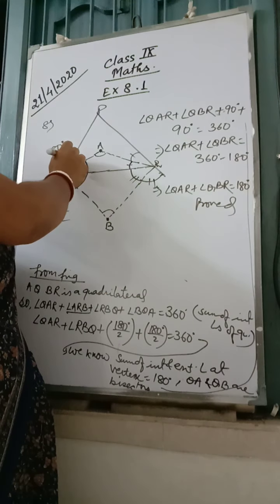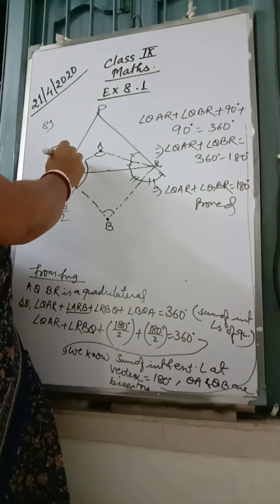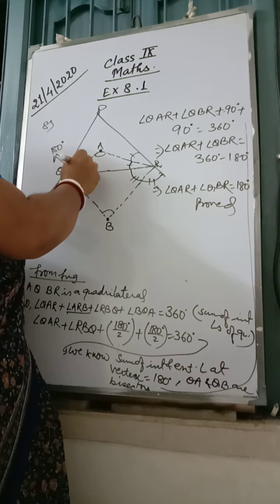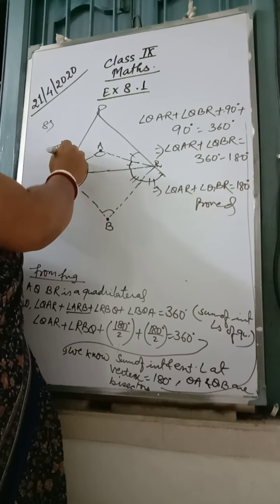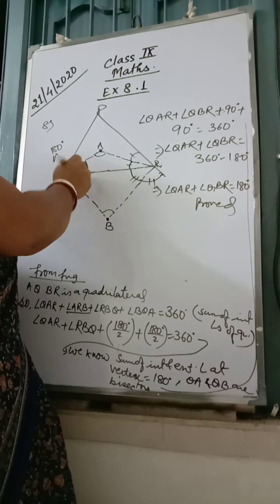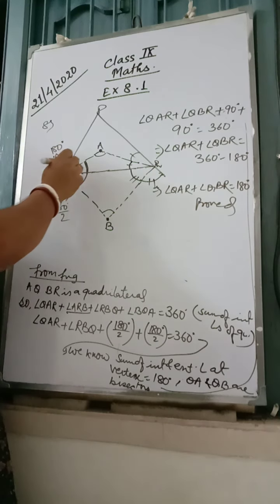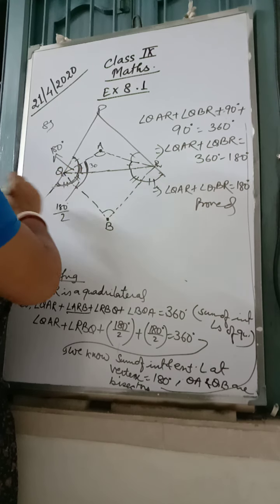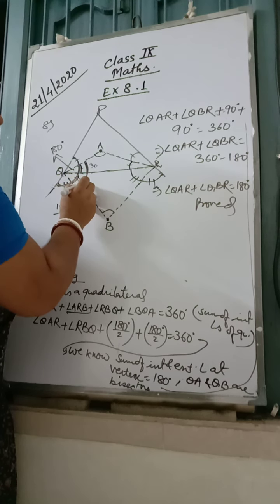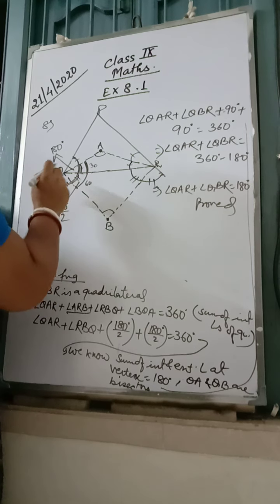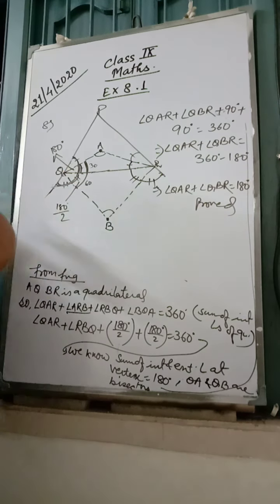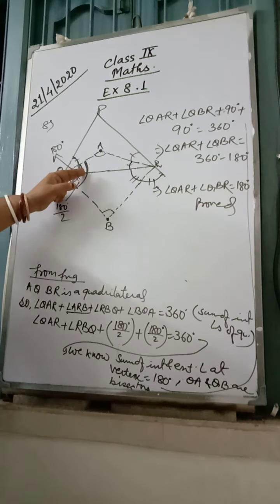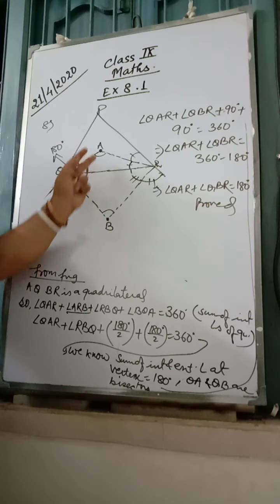See, once again I am saying this total is 180. We know the sum of interior and exterior angles forms 180. Now we are taking the bisector, the angle made with the bisector. So up, just imagine it is 60, so up is 30. And if this is 60, this will be 120, so this will be half of this, that is 60. If total is 180 and the angle formed by the bisector, that will be half of 180. So 90. This is 90, this is 90. So sum of these two will be 180.